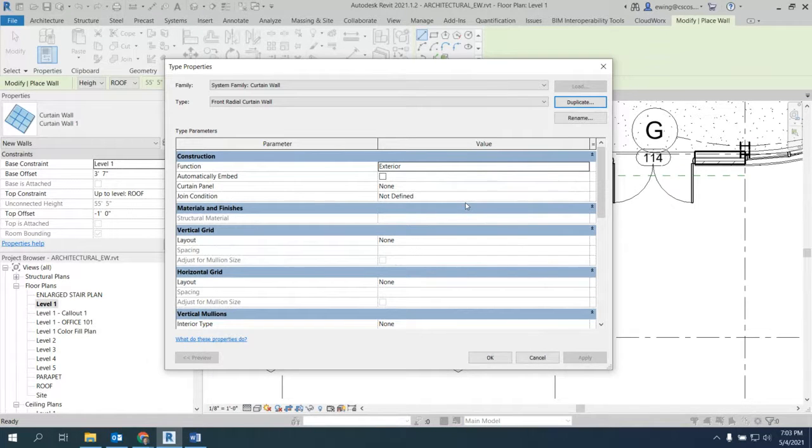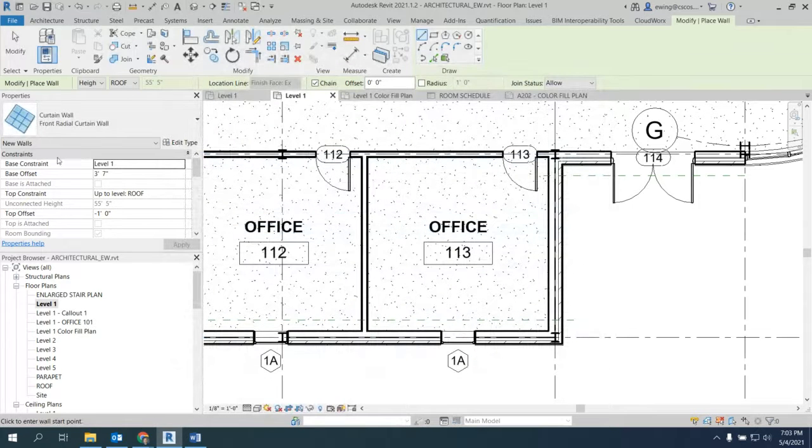Click OK. Now the only thing we need to do here, and it's the most important thing, automatically embed, we have to click that on. We didn't have to do that with our other curtain wall because that was already checked on. This one is not. This is just a giant chunk of glass. That's all this is. Notice that there's no grids, there's no nothing. We're going to add our vertical and our horizontal grids manually, and we're going to fill in what we want the actual curtain panel to be. Okay. So let's click OK. All right. Now the base constraint is level 1, but the base offset